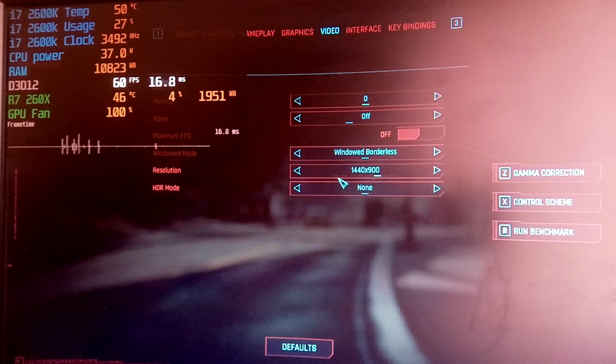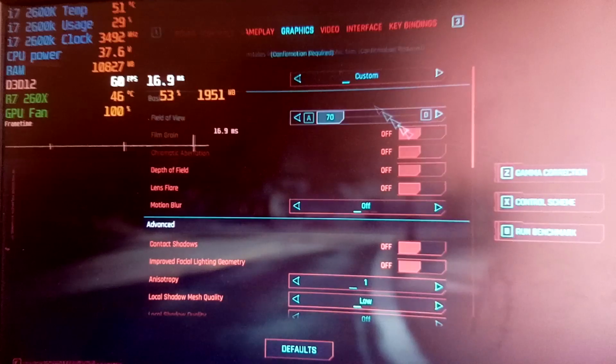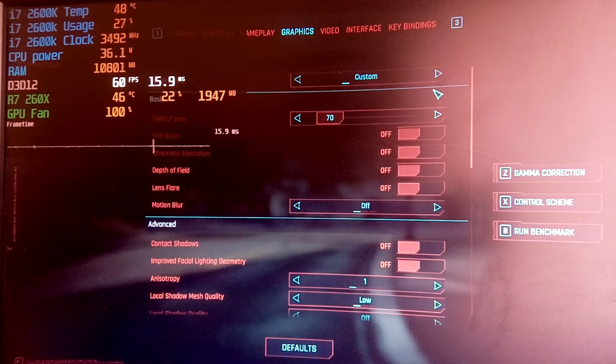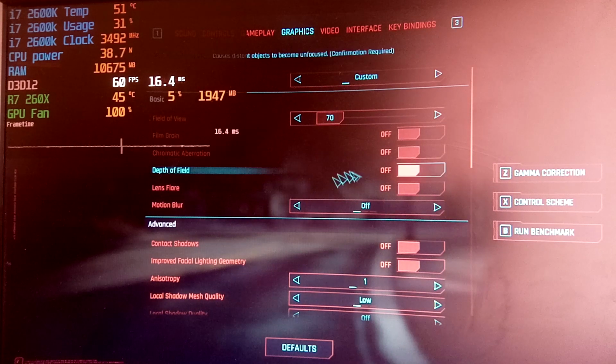Okay. This is Cyberpunk 2077. Now for the graphics settings, we're going to go in here. First off, I'm recording with a camera instead of other ways because if I record directly from the PC, it impacts performance by at least 10 to 20 FPS. And I don't have a capture card, so I'm doing the next best thing I can do, and that is recording with the camera. So if we check the settings,